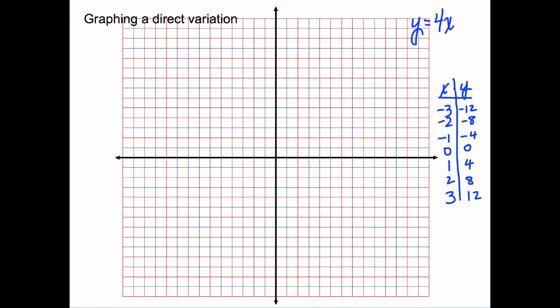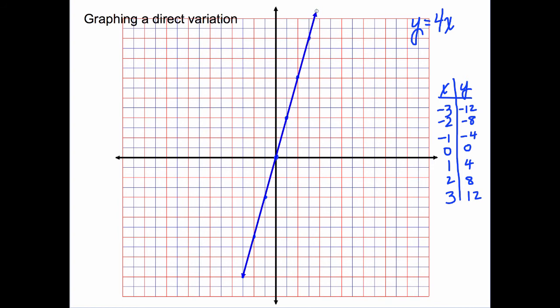Okay, so here's the table, and then we can just start plotting points. I'm going to start from 0, 0. So we'll go first to the right, 0, 0, and then 1, 4, 2, 8, 3, 12, and then we'll go backwards starting from 0, 0. So negative 1, negative 4, negative 2, negative 8, negative 3, negative 12,